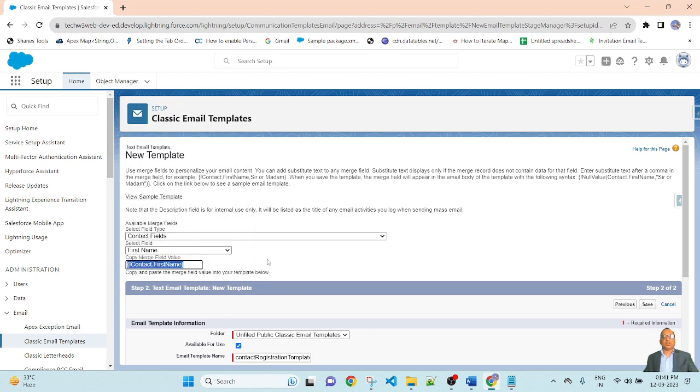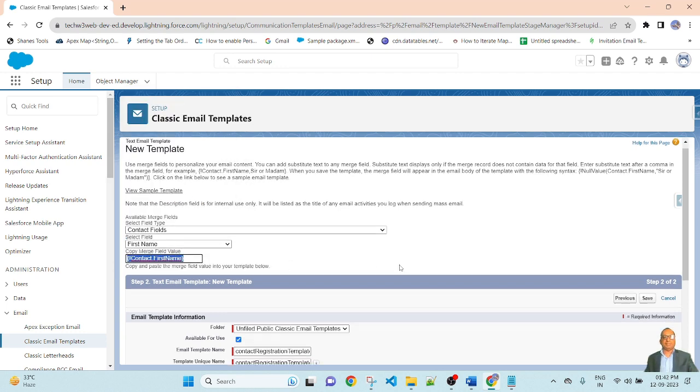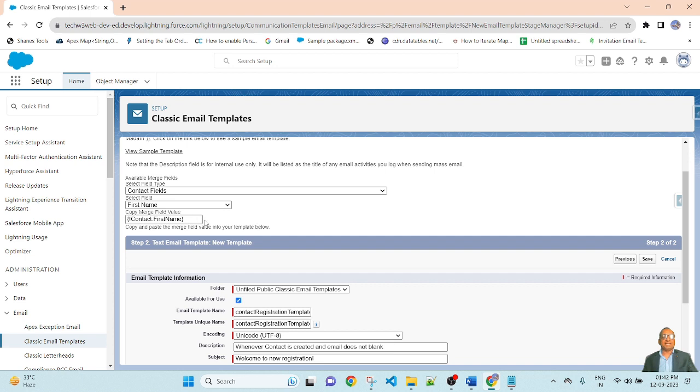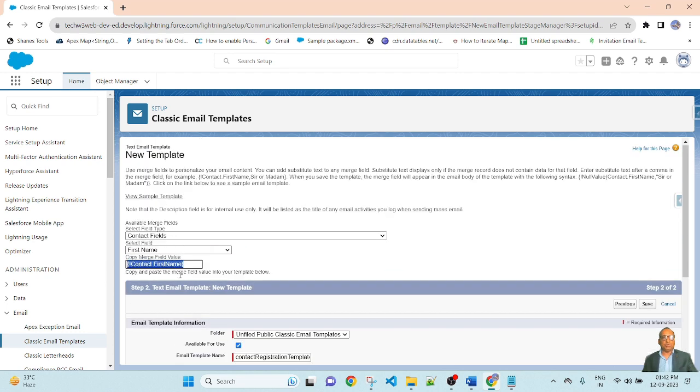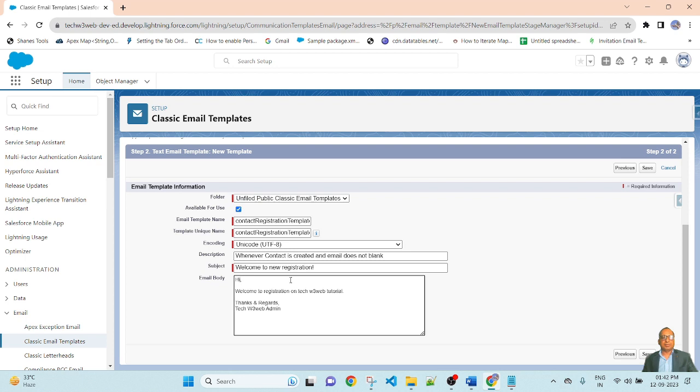So the first name of the contact will be displayed on the email. This is a dynamically created merge field value which is applied to the email name. So copy the value and paste here. So the contact first name will be automatically displayed on the email, and save.